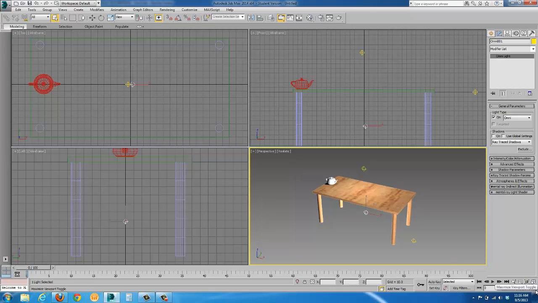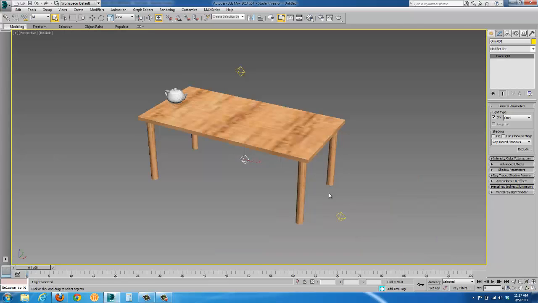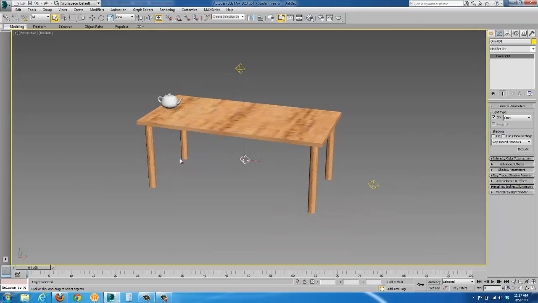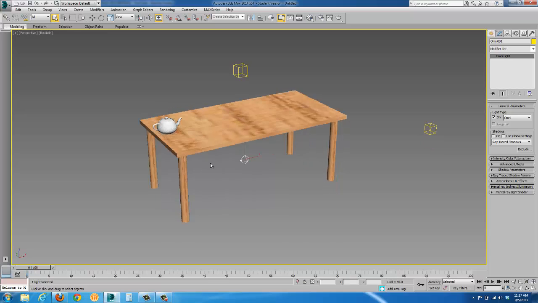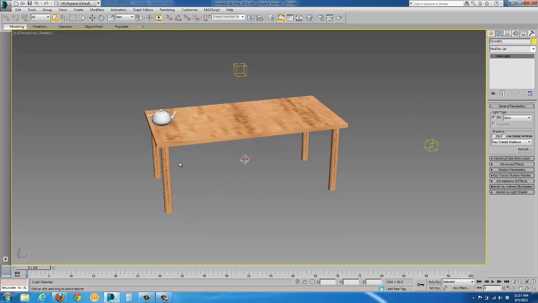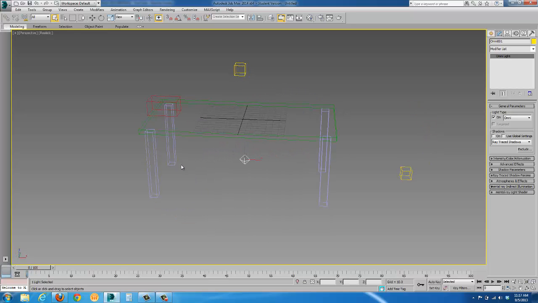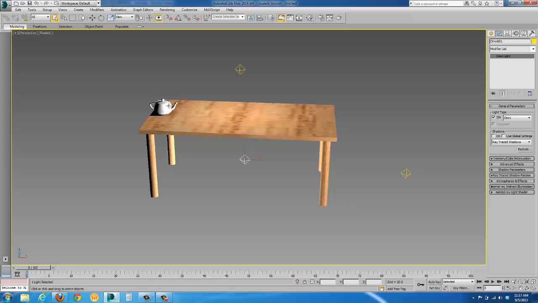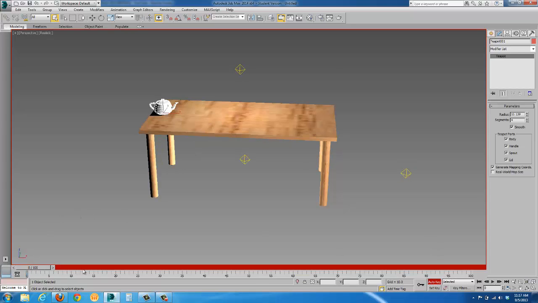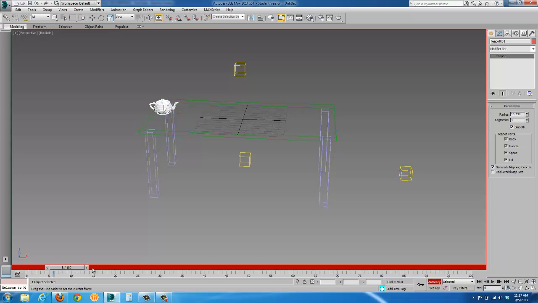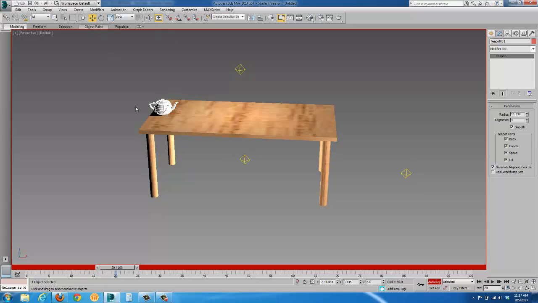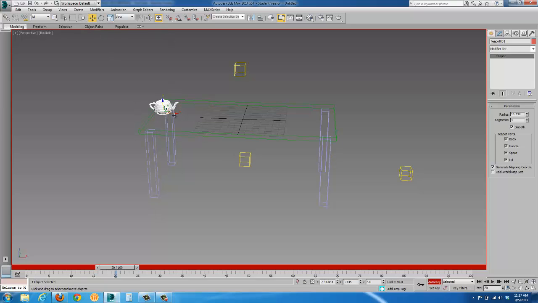I'm going to maximize this viewport a minute here and rotate my stuff, holding the Alt key down and middle mouse button so I can see what I'm working on. Cool. And you need to animate. So if you remember in class, we select our teapot, we turn the auto key on, and down on the bottom we have frames. There are 100 frames. So I'm just going to go maybe up to frame 20, and if you recall, anything we do is somewhat memorized,